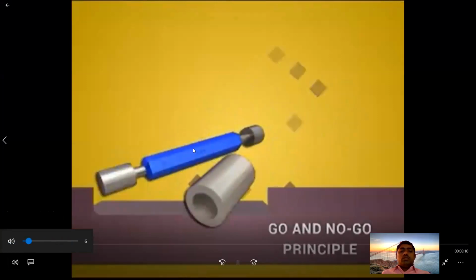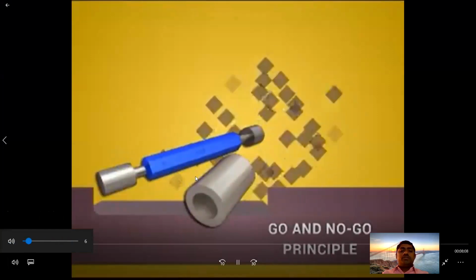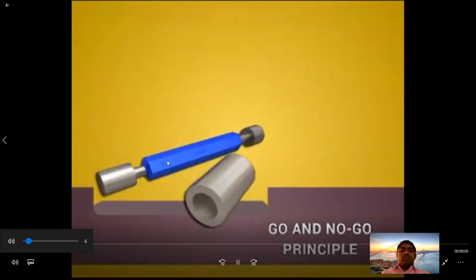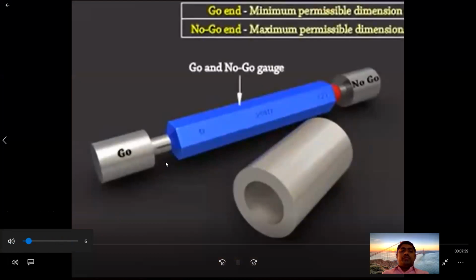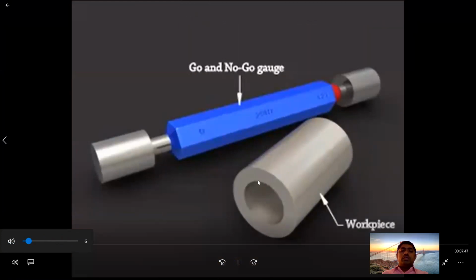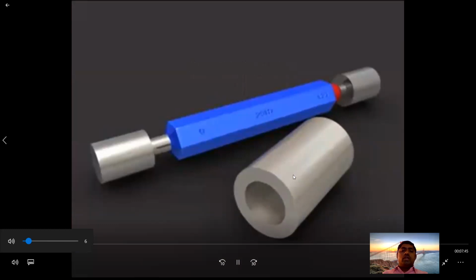So this is the plain plug gauge. This has the go end and this is the no go end, because the go end is made larger than the no go end. Here we want to check the dimension of the cylindrical workpiece.